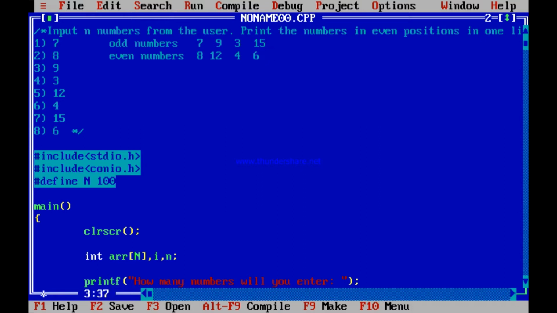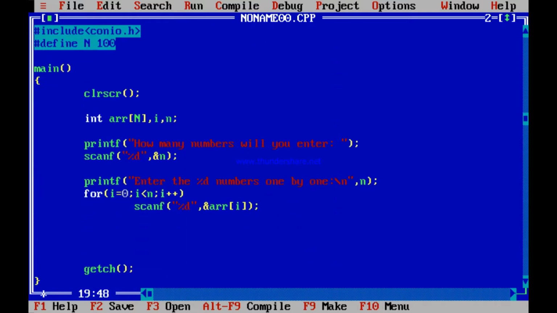I think I could make you understand. This is the program. I have to separate the odd numbers and the even numbers, and then tell which sum is bigger: the sum of the odd numbers in the array or the sum of the even numbers in the array. So over here 7 and 9 is 16, and 3 is 19, and 15 is 34. Sum of odd numbers of the array is 34. Sum of even numbers: 8 and 12 is 20, 20 plus 4 is 24, and 6 is 30. So the sum of odd numbers of the array is bigger. 34 is bigger. So let me get into it now.